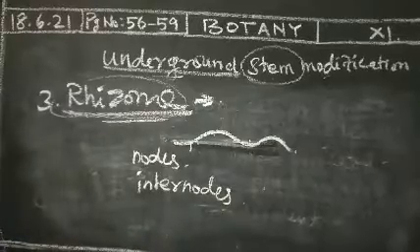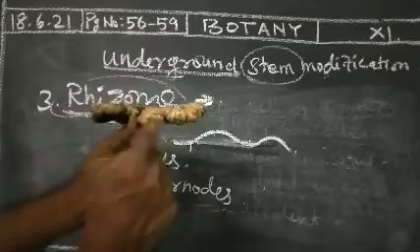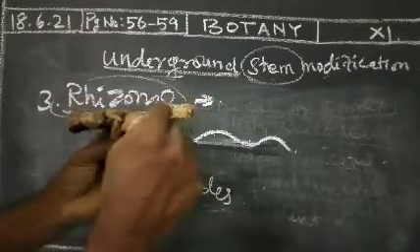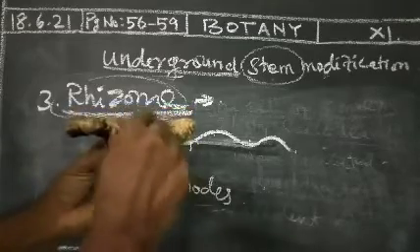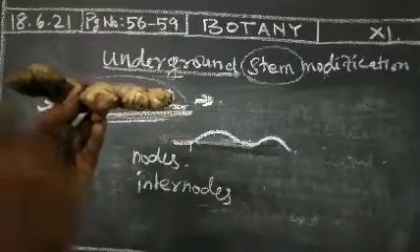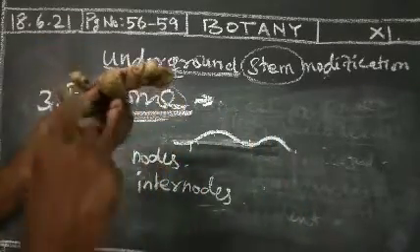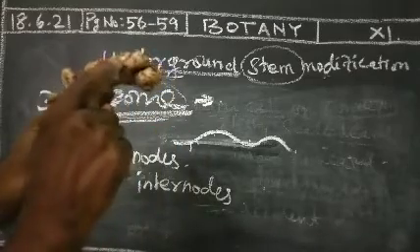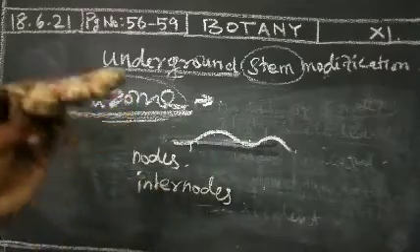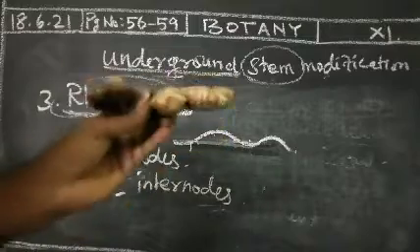You can see Zingiber officinale. Some node regions are present here, and from the node region they grow. The nodal region and internodal region are present, and some scale leaves are also present in this region. They grow in a horizontal way, and then produce some upper parts. The leaves are present. Some scale leaves, and then eye parts are also present in this region. It grows horizontally, not in a vertical manner. So the nodal region and internodal region are present. That is called a rhizome. Zingiber officinale is a good example for that.